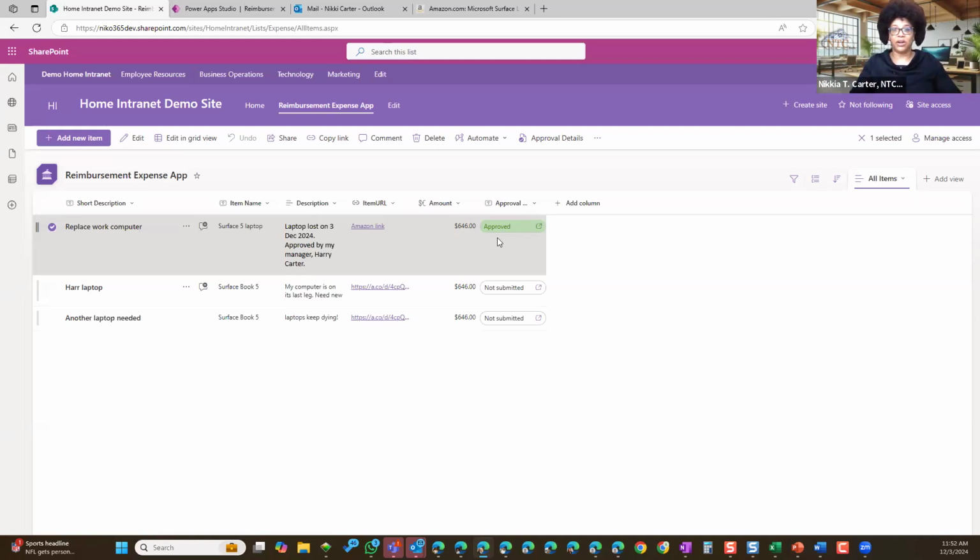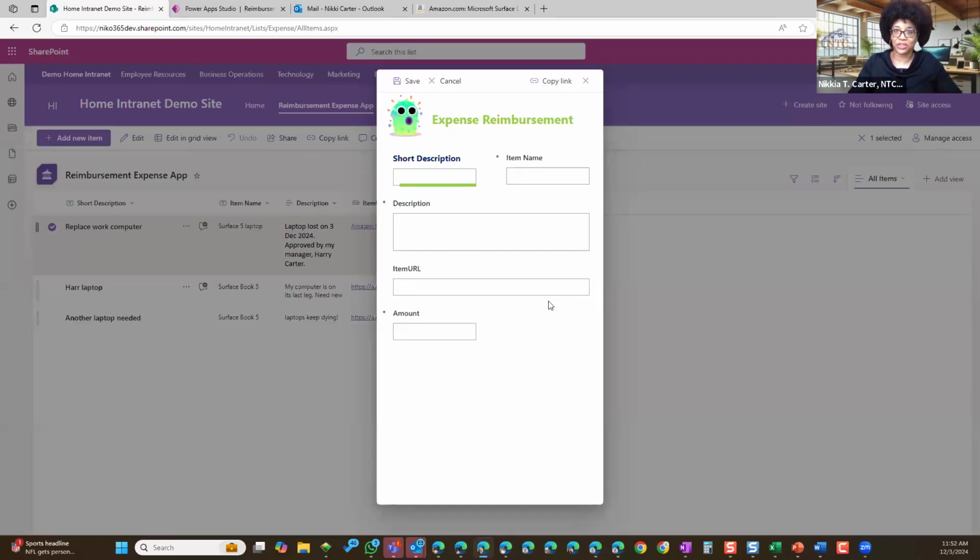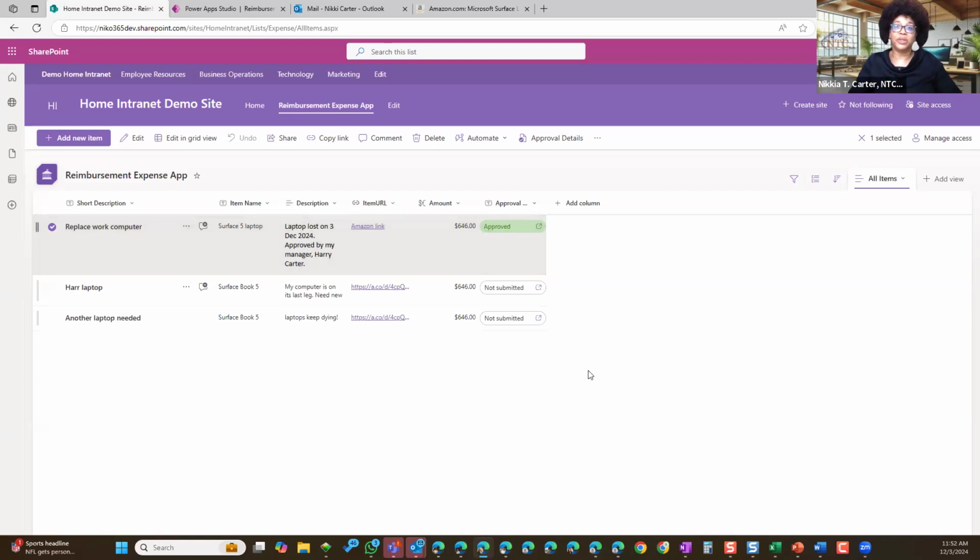They can submit their expense requests. They have a nice pretty form to interact with; more things can be done to interact with it. We also initiated a very simple workflow for notification that sends an email out when a new item is created.